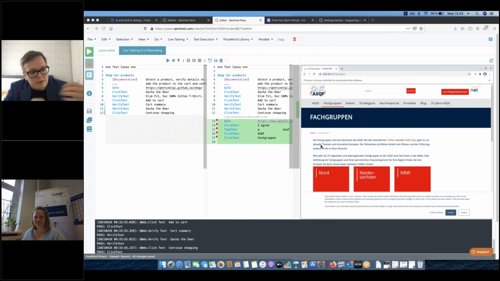I'll dig around if I have some examples of that, and I can even get back to you and show you some examples of that. But that's something that you can quite easily do, but it's not as easy as we would like it to be. Okay. So another question is, when the robot file says click text something, is the AI able to understand